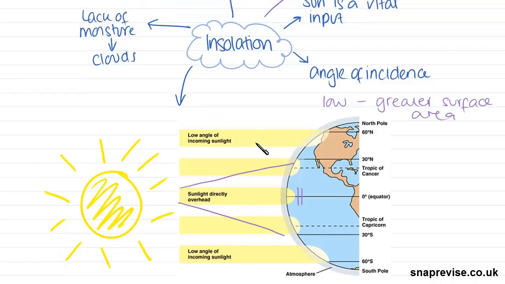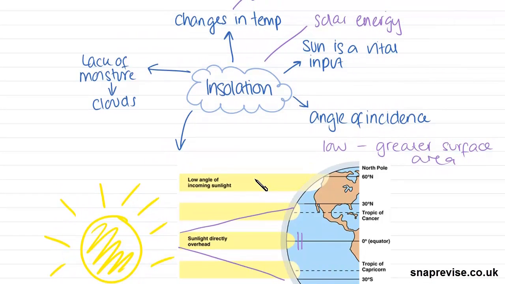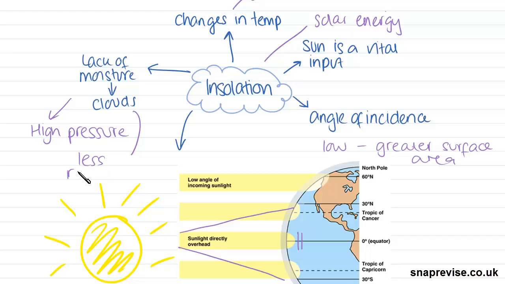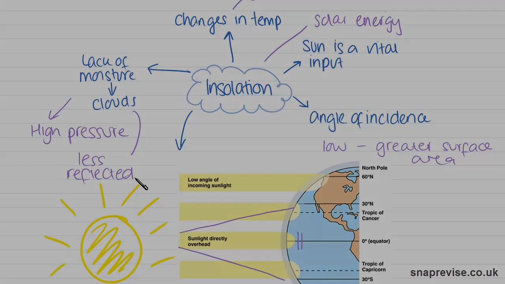And another reason why insolation is typically higher in these locations as well is because of the Hadley and Ferrel cells and the areas of high pressure, which is where deserts are located, which result in cloudless skies a lot more often. So without clouds, there is less reflection of solar radiation, or less insolation reflected back into the atmosphere, so a lot more of the solar